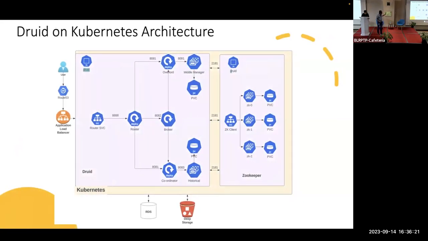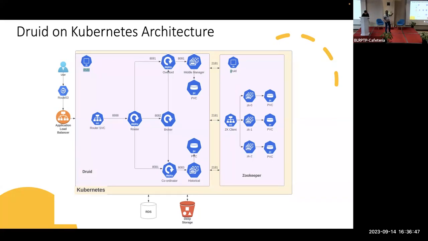So this is what Druid deployed on Kubernetes looks like. You can see the users are able to connect to Druid using a well-defined endpoint defined in Route 53, which points to your ALB, and the ALB is connected to only one entry, the router service.